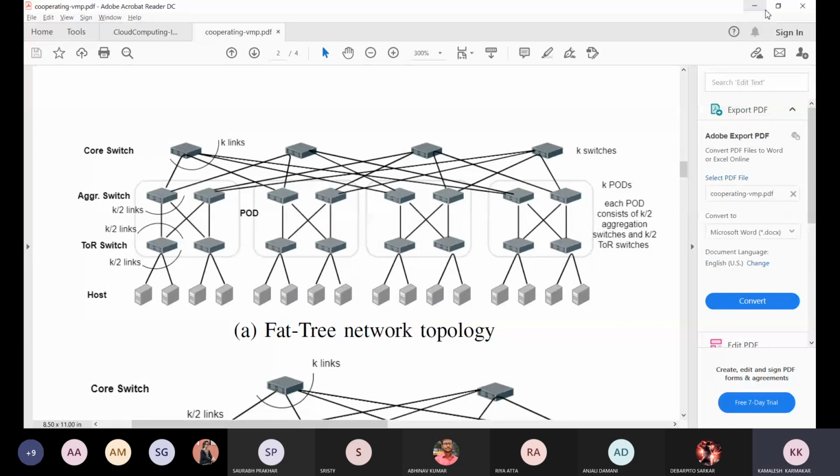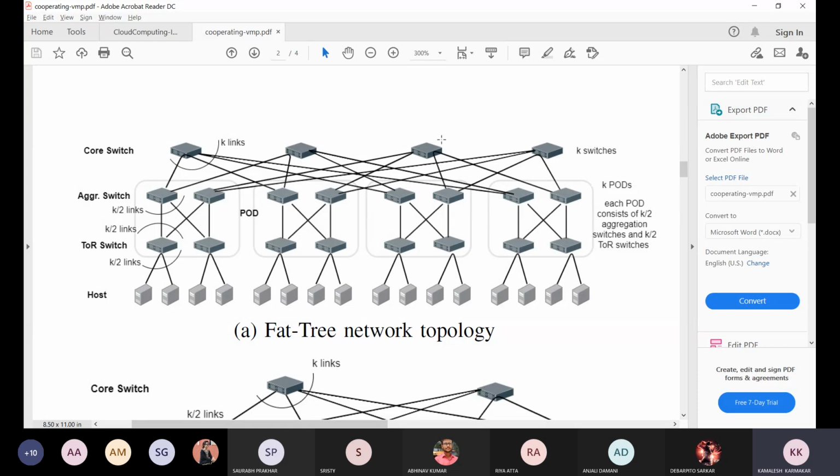Okay. So let us try to understand how a data center is being managed. We have discussed that we have lots of servers and lots of switches which are connected. If we consider a fat-tree network topology, we have discussed the hierarchy and how the connections are being formed.